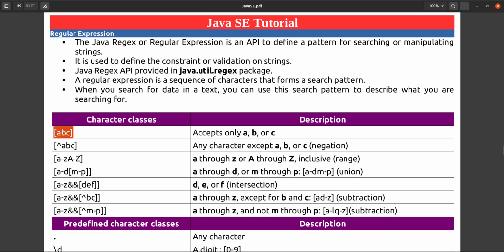There are some patterns that are defined, and those are character classes. To check one character against your input, we can use character classes. So these are the patterns, and now we will see them one by one. The first one is [abc]. This is one regular expression, with A, B, C inside the brackets. What does it mean? It means that in your string only A, B or C, any one character, is allowed. You cannot give any other character except A, B, C.